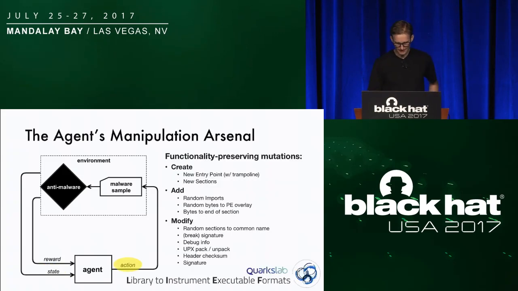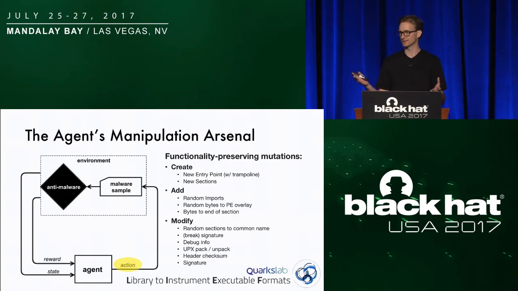Now our actions are no longer just move left and move right. Of course, we now have a buffet of options to choose from, and to try to make this learning more tangible, not have millions of choices, we've made a design decision, and that is that these actions are somewhat random in behavior. What I mean by that is that if the agent chooses, for example, to add an import, he can say add an import, but he can't tell you which import to add.